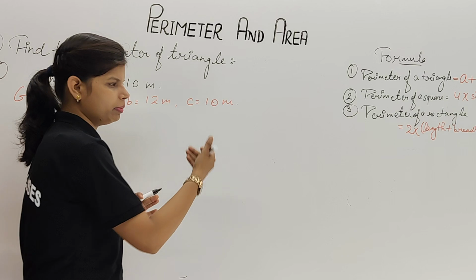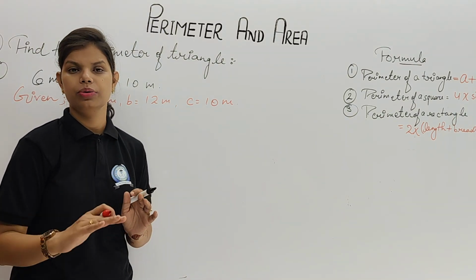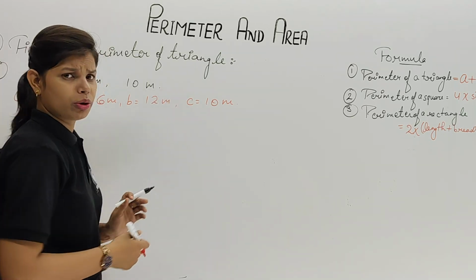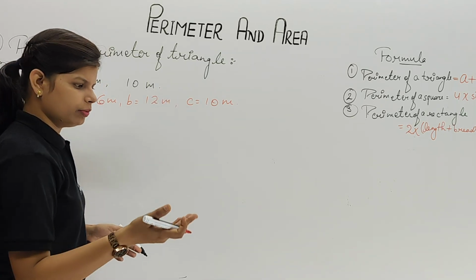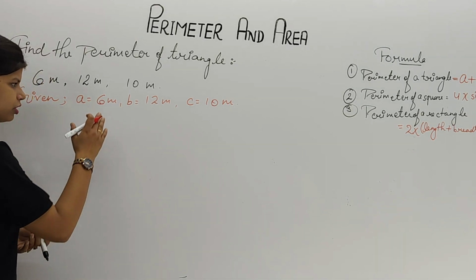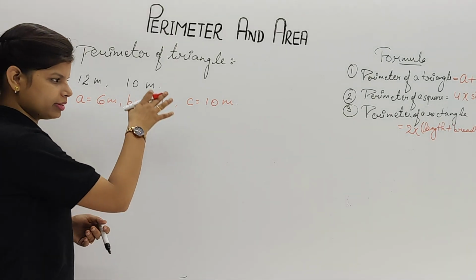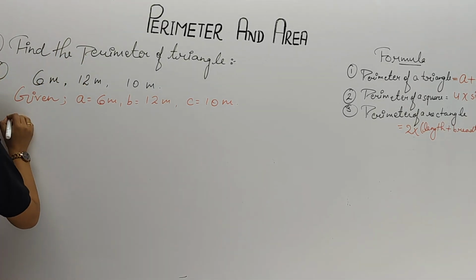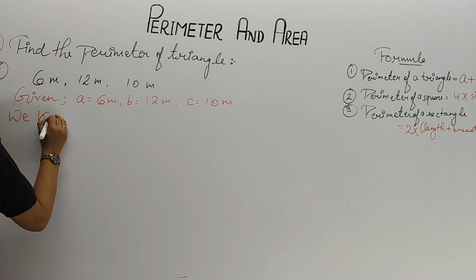If you solve the problems in proper steps, I don't think your marks will be reduced. Clear, children? If you use the shortcut method directly, and the question is of 2 or 2.5 marks, then definitely the marks will be reduced. So it's better for you to understand and write in proper steps. Clear? So what you are going to do after that, you will write, we know that